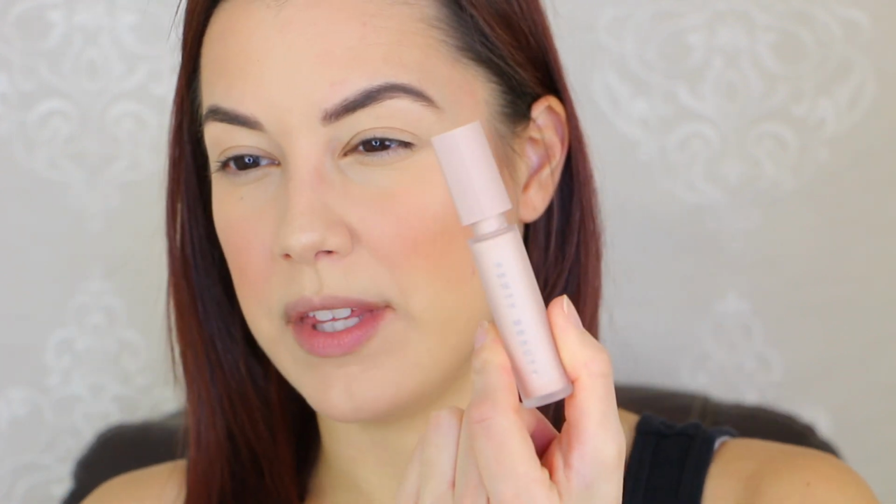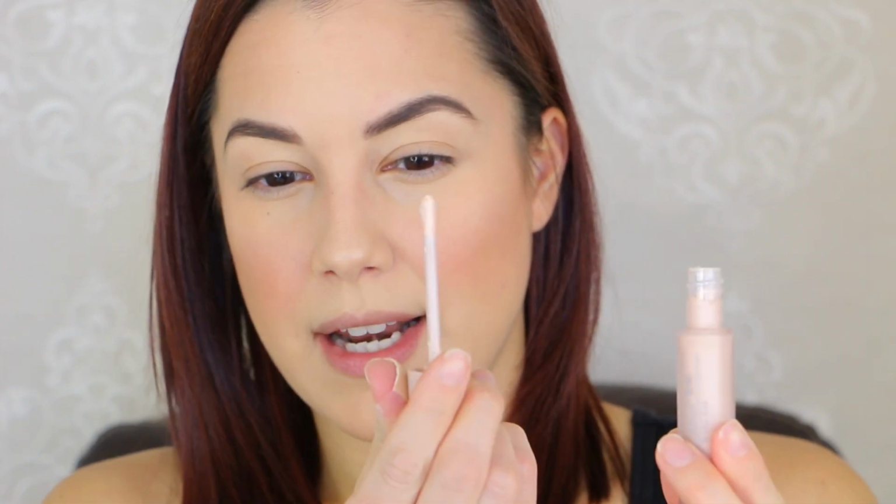So this is what the primer looks like. The packaging is pretty similar to, I think, her face primer as well. I like the packaging and I would like to try more from this brand. It's got a pretty big doe foot applicator, and I guess I'm just going to go in. It's in the shade Invisa Pink, so I'm not quite sure if this is supposed to leave a tint or not. I'm going to work one eye at a time. And it is a little tacky. I'm not quite sure if I should just leave it that way